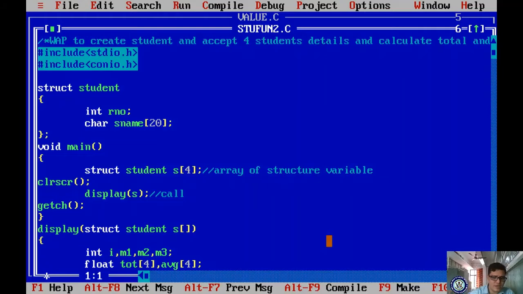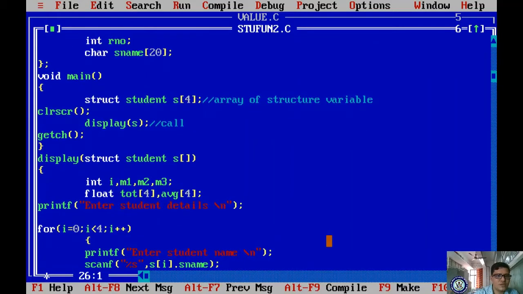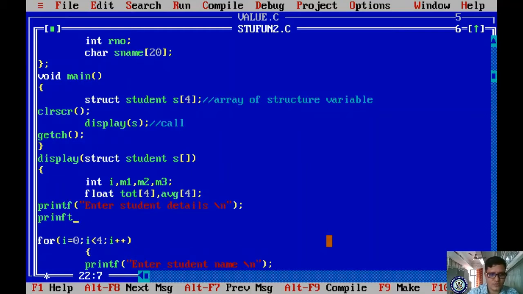Let me print the size first. Here the printf is there. printf size of structure student is %d, it is a size, right?